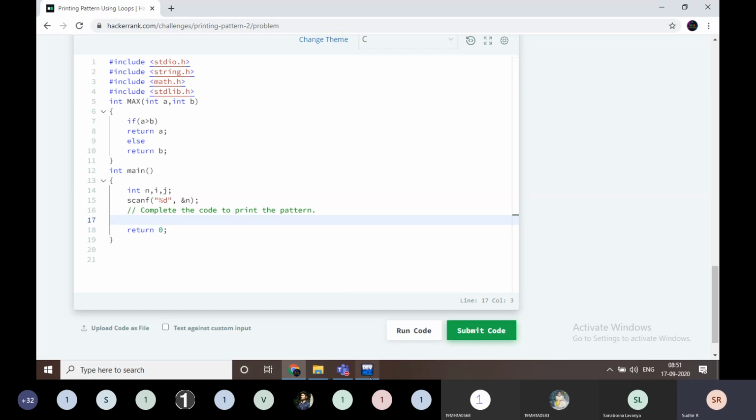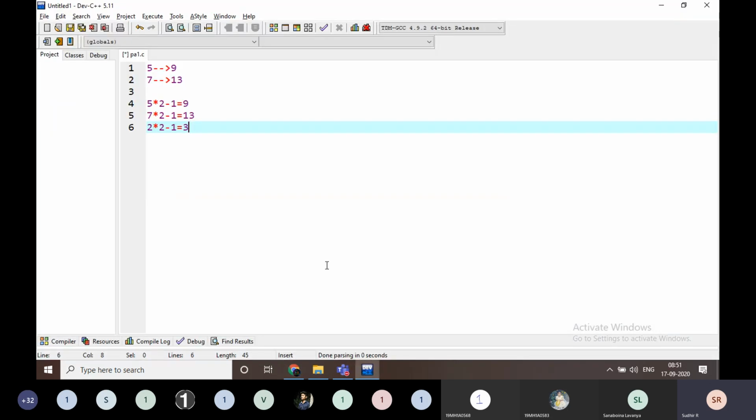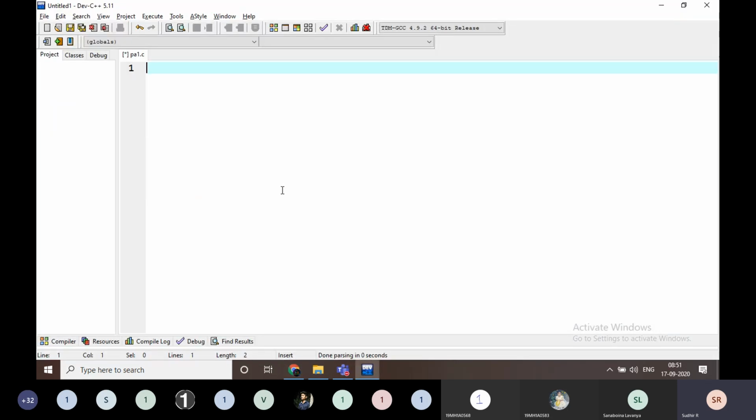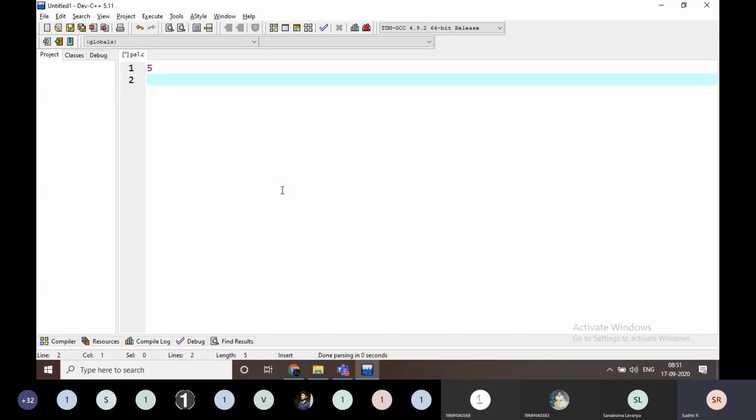Okay, in what way am I going to consider it? Just look at here. If n is 5, I am going to repeat it for 9 times. 9 times means how am I going to repeat it for 9 times.